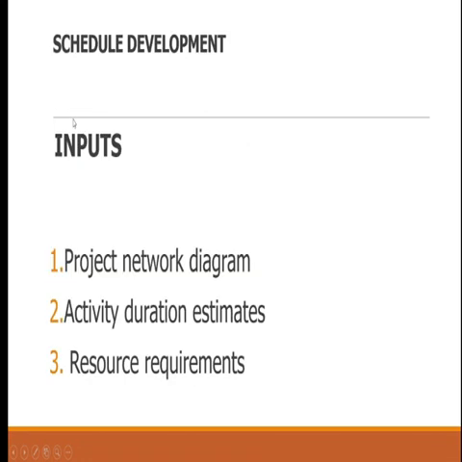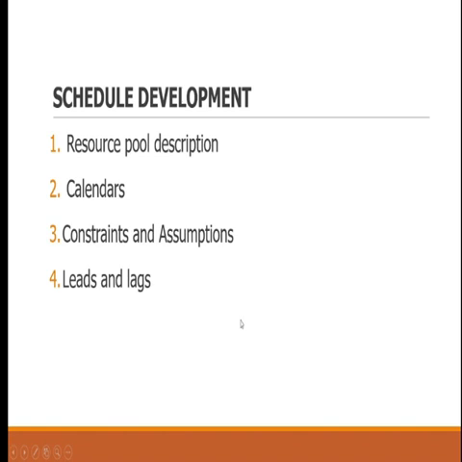Let's quickly look at it. How do you make a schedule? 1, use the PDM and ADM. 2, use your estimates you came out with. Do you understand that? Because you want to make a schedule. Now, practical schedule. How do you make a schedule? 1, find out the resource pool description. What and what do you need for the job? You need to know your resource requirement because you have to schedule them at various times.